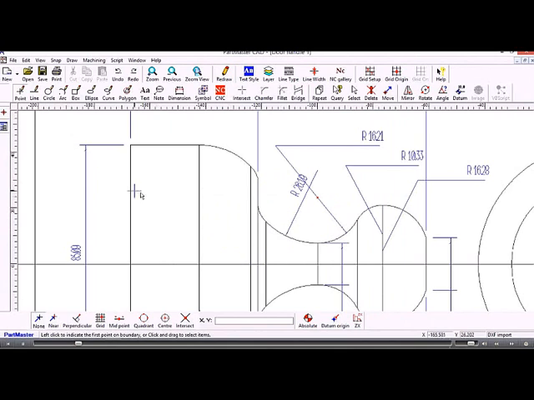So what we need to do is set the NC Datum, which will be our Z and X0 position, and create a profile of this outside shape here. Now you can see that there are various lines which are going between the outside edges of the shape. We can leave those where they are, but it's better to get rid of them so that when the system is creating the profile, it doesn't reach a decision point at the end of an arc and you have to indicate the next element. So if we simply delete out these lines that we don't need,